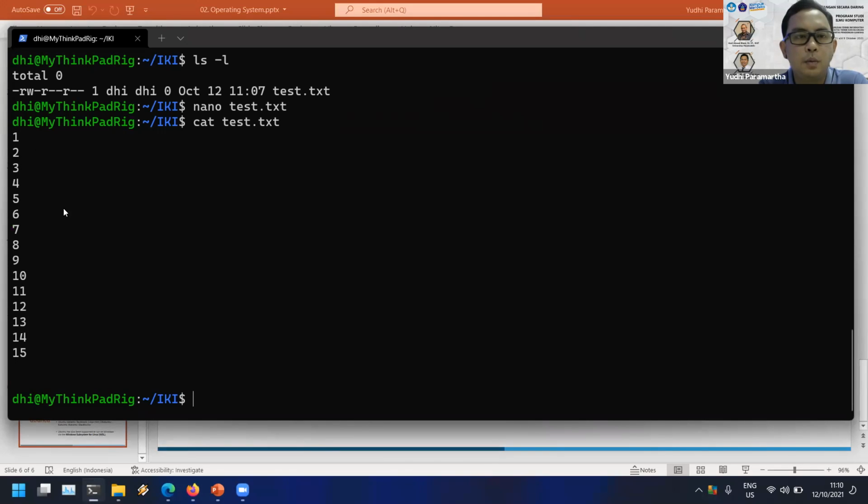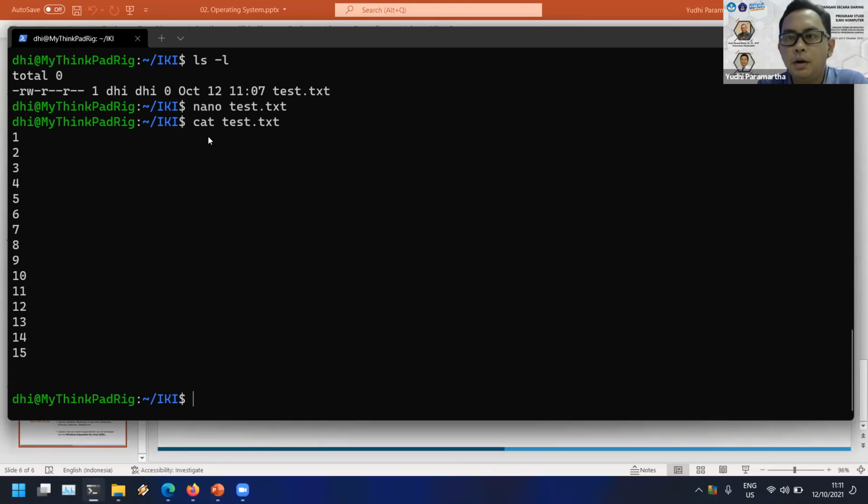So this is what we wrote before. Maybe there is some problem when we use the cat command, because when the file is very long and very large in size, it will be complicated, because many things will be displayed on your computer, and that's not efficient.